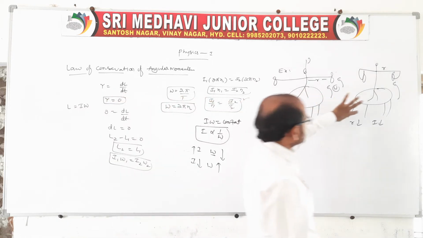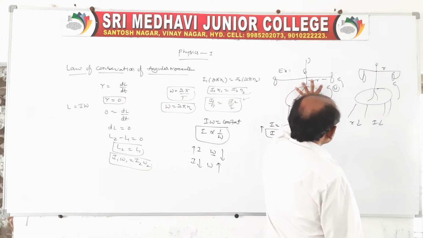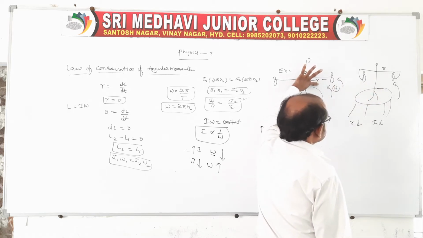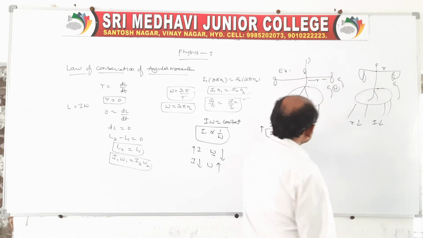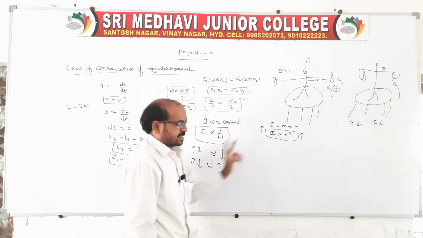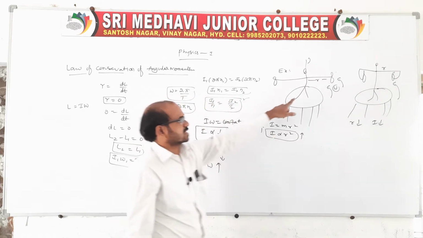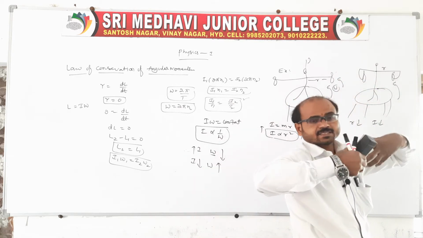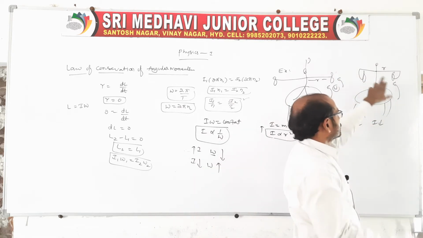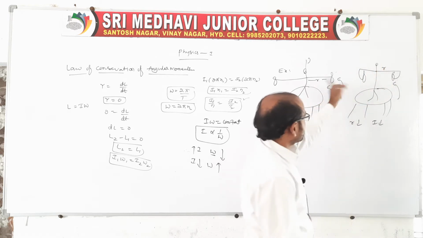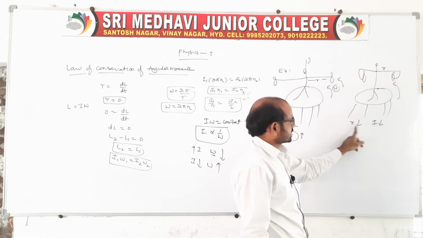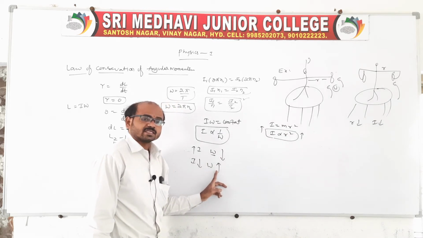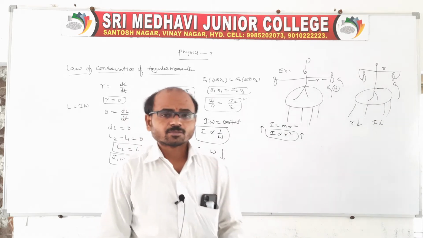So now you see the two situations, the stretched position and the folded position. In the stretched position, distance increases. That means moment of inertia increases. Moment of inertia increases, therefore angular velocity decreases. And when the hands are folded and come close, so that distance is reduced, you compare these two. Distance reduced, moment of inertia reduced. When moment of inertia is reduced, angular velocity increases. So we can say angular momentum is conserved.